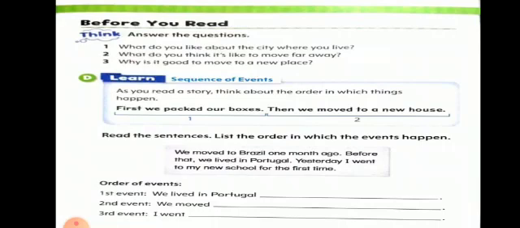Over here in this exercise, students will be putting the order of events and completing the 3 sentences given below. The first one is we lived in Portugal. Now that is something that happened in the first place. What happened next? They moved to somewhere else. What is that place? Please complete that sentence. And then once they moved there, what happened next? Where did this person go? So, following the sequence of events, you're going to complete your exercise.